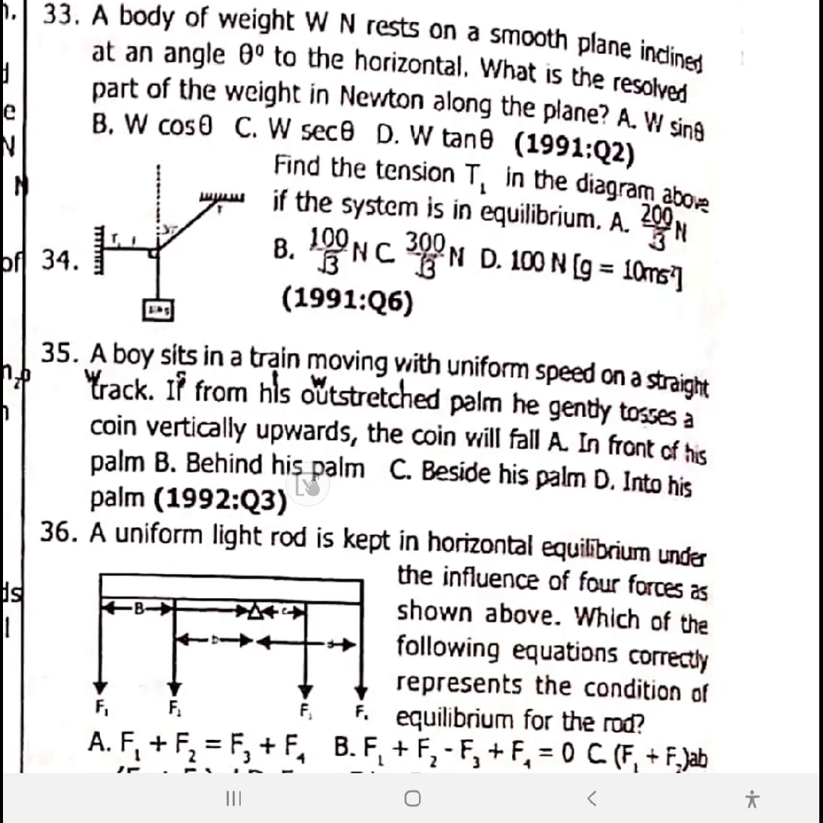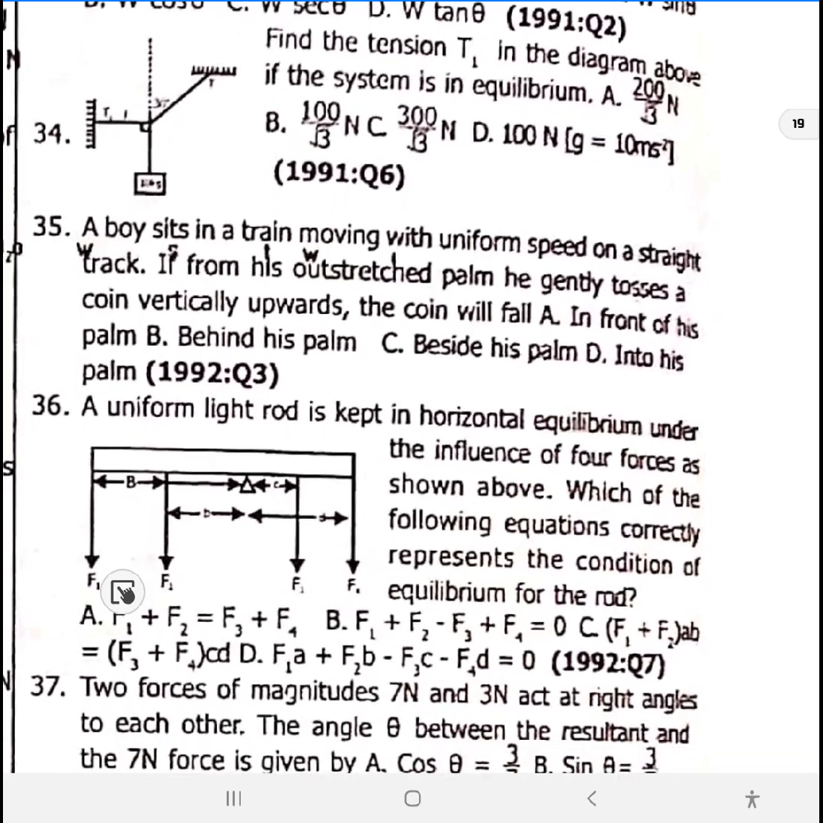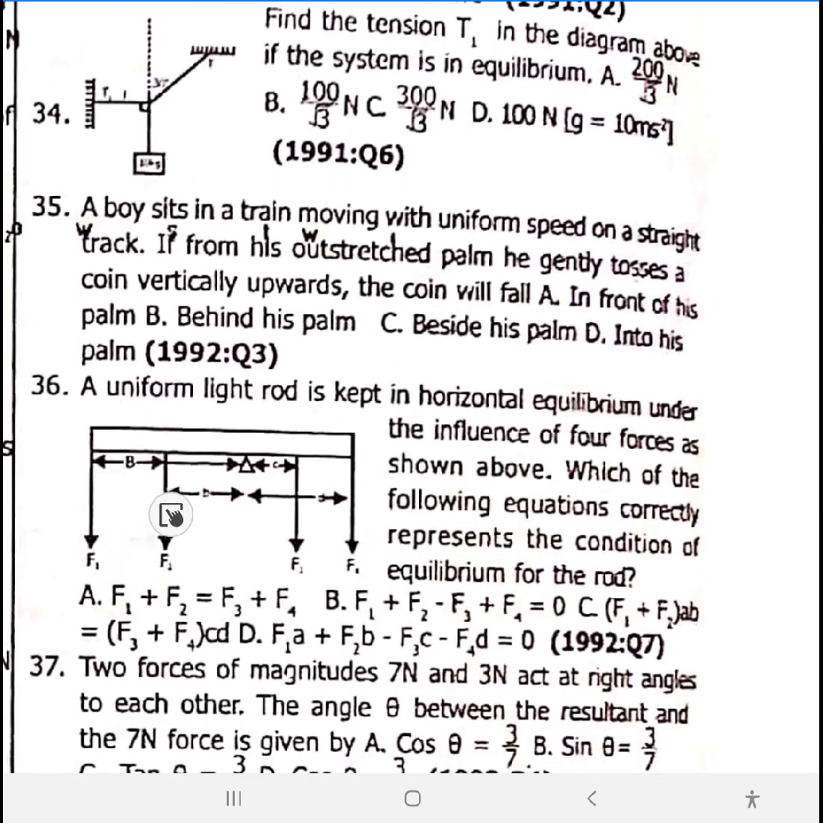You could try it in a car, or maybe in a flight. Maybe a small coin. Just toss it. It will fall slightly behind your palm, not entirely down, just slightly behind. So it's not like you're tossing the coin too far. Just toss it up a bit. You see it will fall slightly behind. So option B, 35. 36, I'll need to show you guys how to